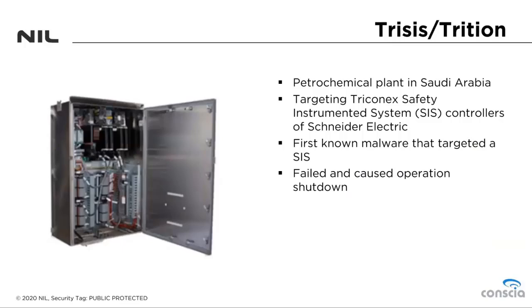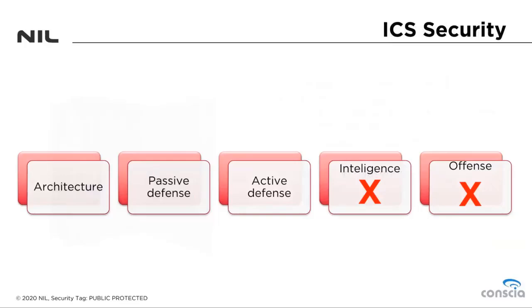It is believed that the aim of the attacker was to alter the safety conditions so that in case of process malfunctioning, the safety routine of the system fails. Luckily, the attacker failed; by manipulating the system, they caused a process and operation shutdown, so the consequences of the attack were reduced to a minimum, since after the shutdown, the attackers were quickly discovered. So with Trisis Triton, we conclude our case studies of ICS tailored malware,